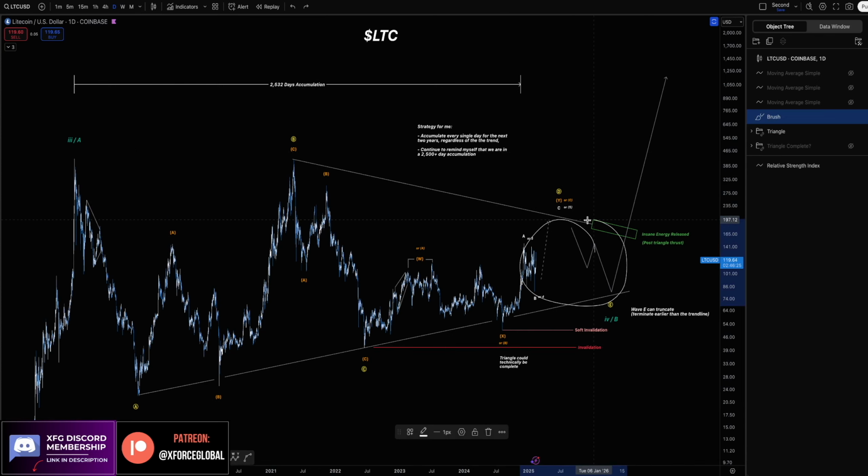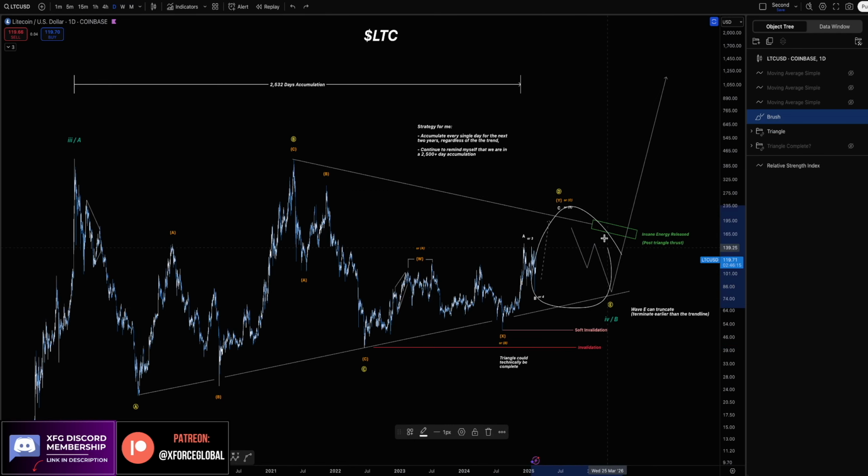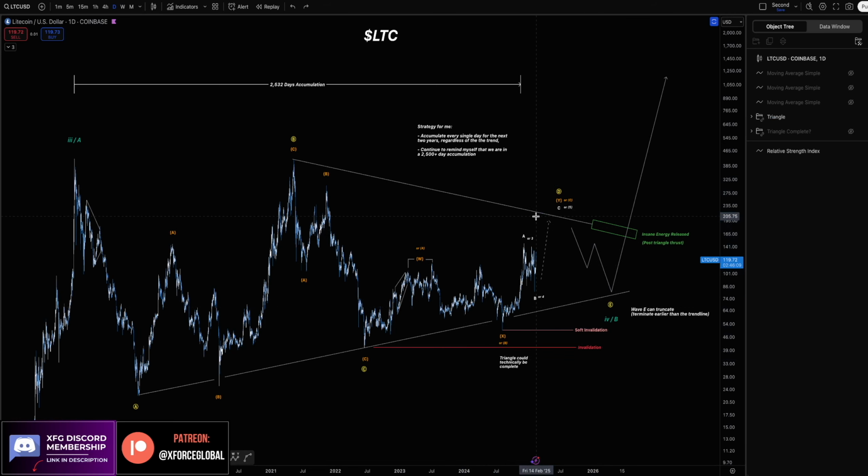And we are taking into consideration that there is also going to be a possible bear market, and Litecoin might be lagging in that regard. So my strategy here is to make sure to accumulate as much as I can as each dip happens along the way. And that's why I've been pretty clear on social media that I'm going to be accumulating Litecoin for the next 2 years or so.